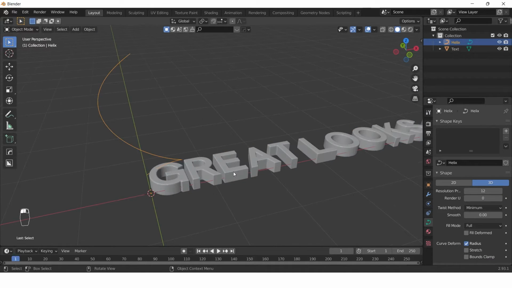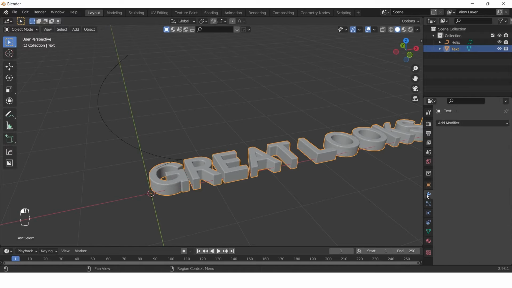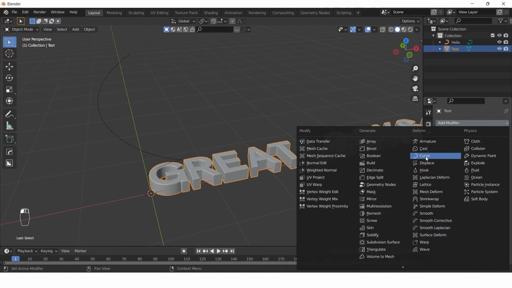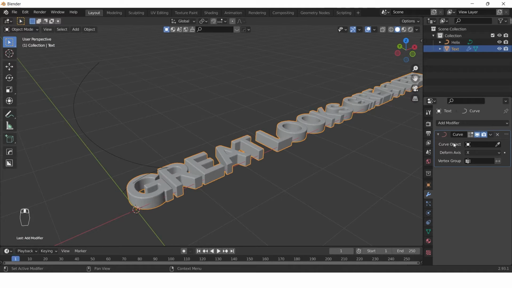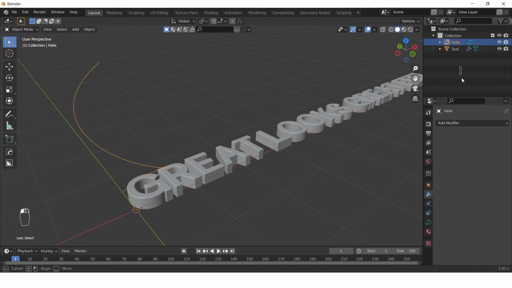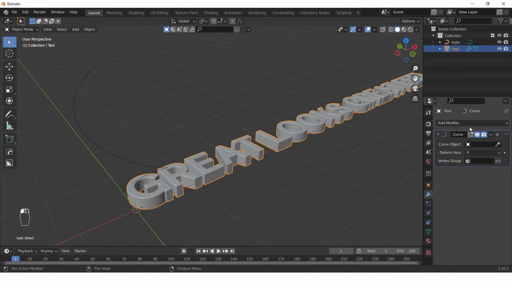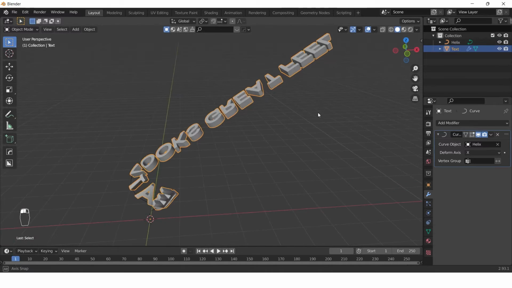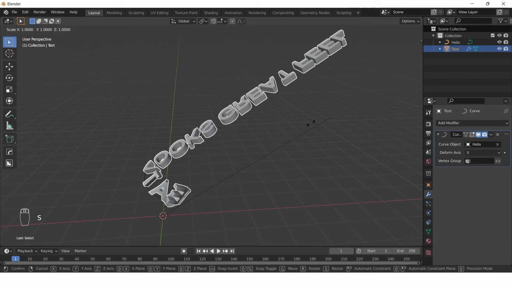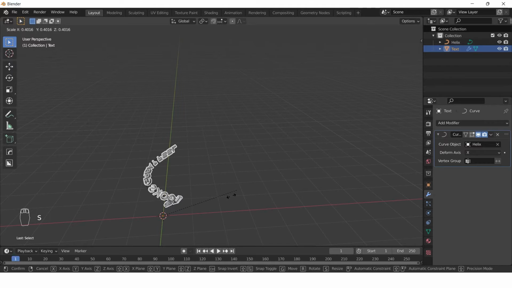Cool. So press tab to go into the object mode, and now we have to wrap this text around this helix. So we can use another modifier for that, and that is the curve modifier. So let's put this onto our text object, and here you will find a curve object which is going to be our helix, because we want to wrap the text around this helix. So let's drag this here, and our text is now wrapped, but it's looking weird, and that's because the scale is way too much. Let's decrease it like this,